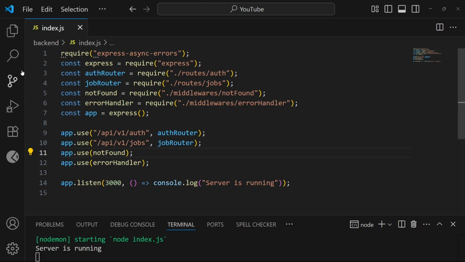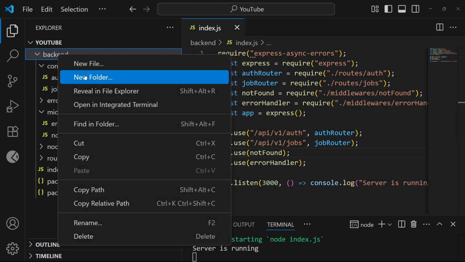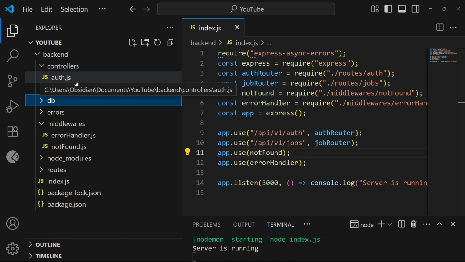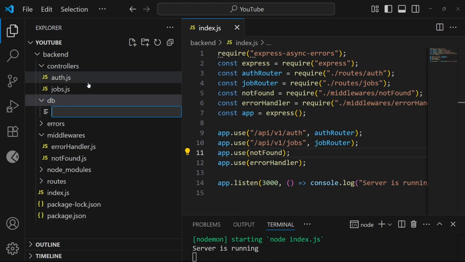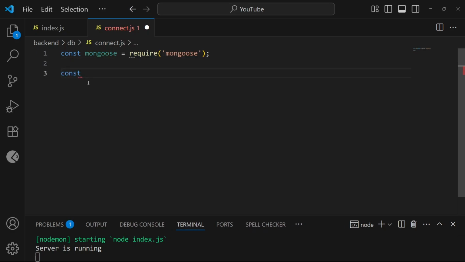Back in our code, we're going to create a new folder, and we're going to call it DB. And we're going to create a new file called connect.js. Now to connect to the database, we're going to use the Mongoose package. So the first thing we need to do is import it. Next, we're going to define a new function called connectDB, which is going to take in a URL as an